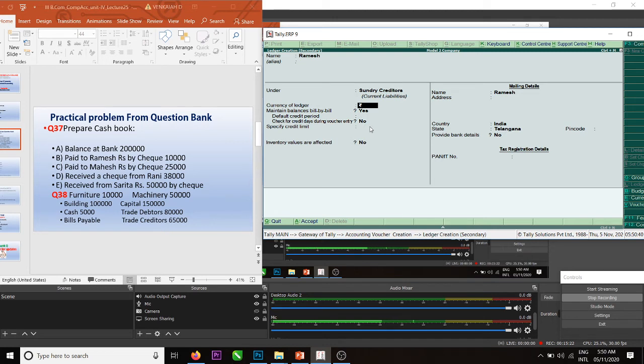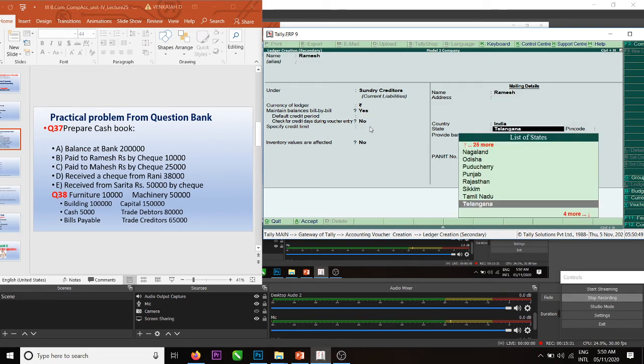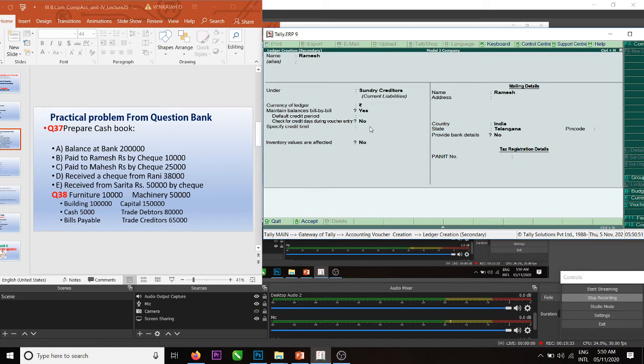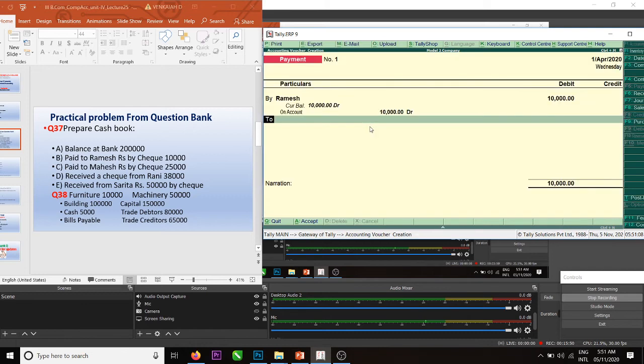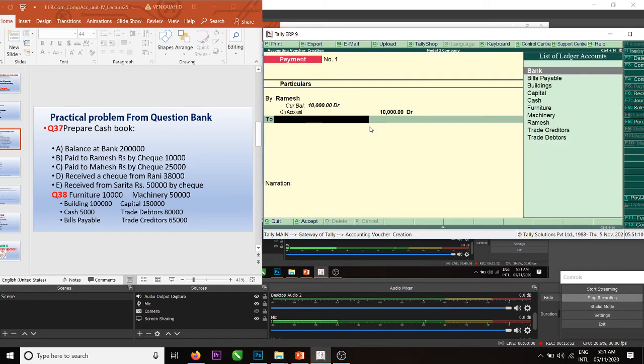I pressed Control E for currency. Okay, only rupee currency is there. Alt C is available. And Ramesh amount is 10,000. Bank.